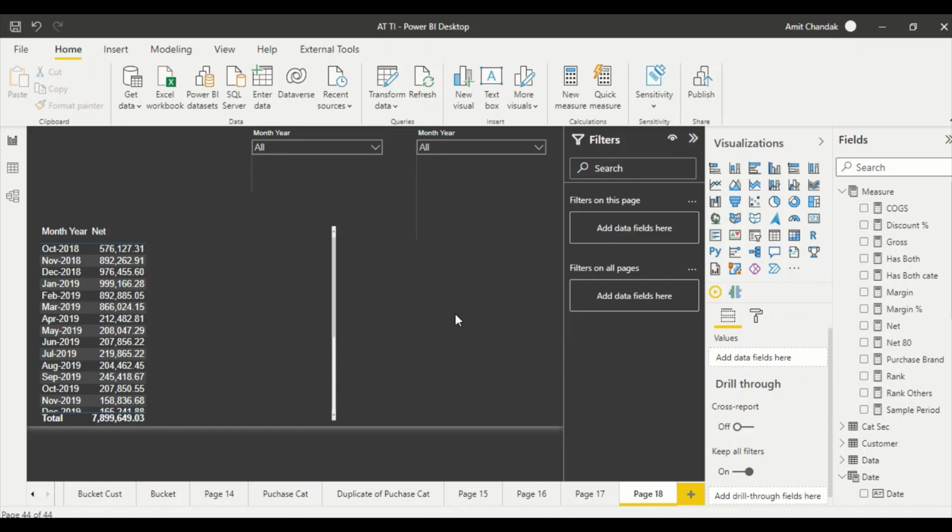So what we are going to do right now is only restrict the second slicer to have the months from the date that is being selected onwards. We don't want anything before it. Let's say we go to October 2018, then I don't want to see any month before October 2018. That's what I don't want. So we are going to create a measure for that. The first measure which we are going to create here is